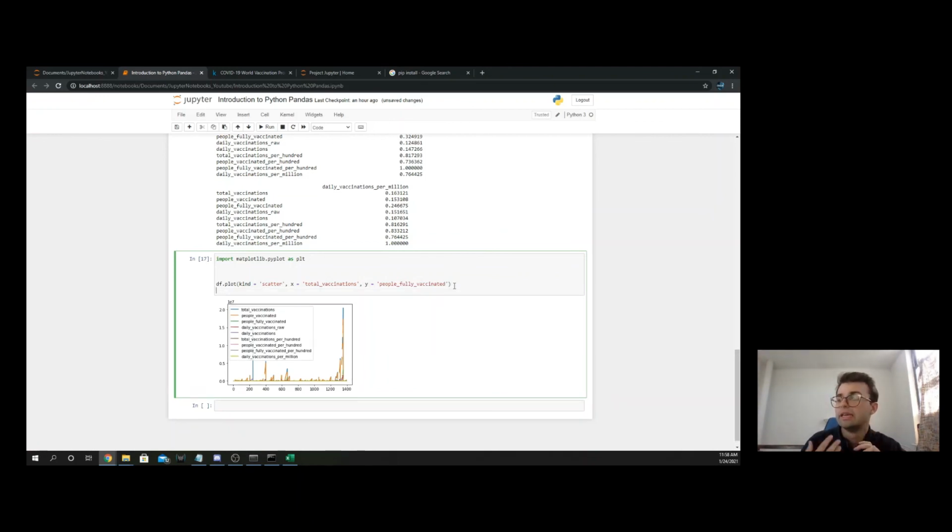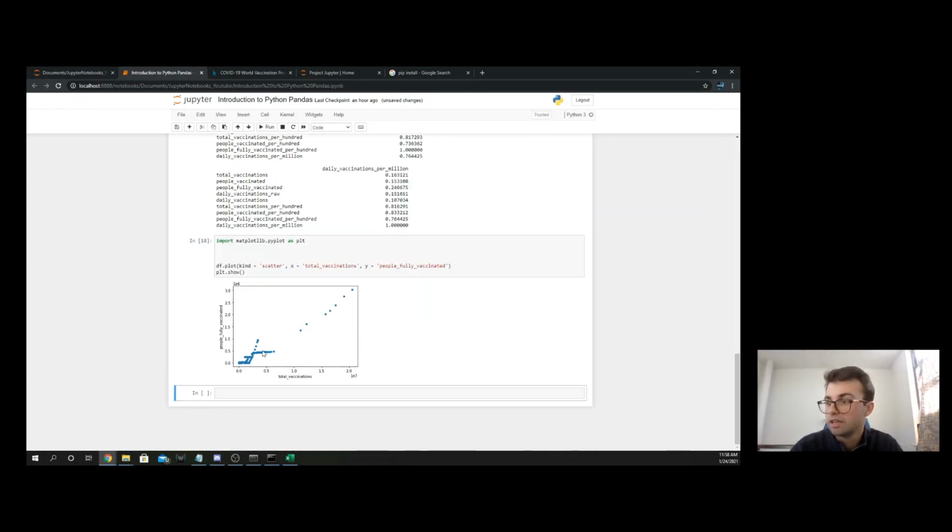So now we've really emphasized to matplotlib what exactly we want to look at, where we have the kind, which is a scatter plot, then the x-axis, which is total vaccinations, and the y-axis, which is people fully vaccinated. If we run this,